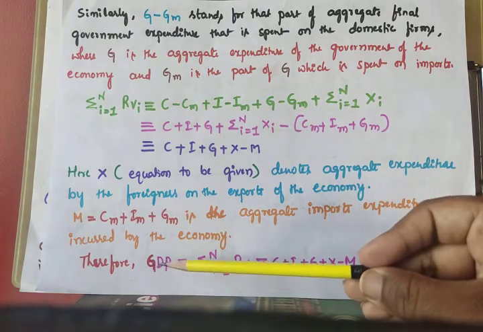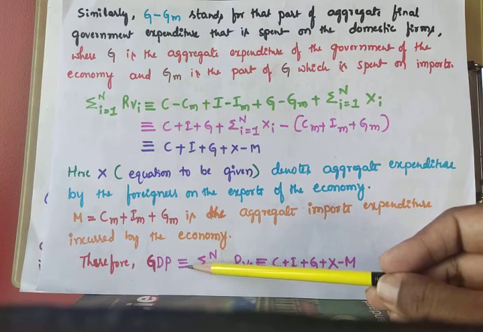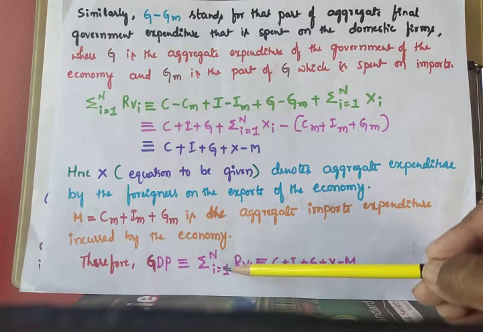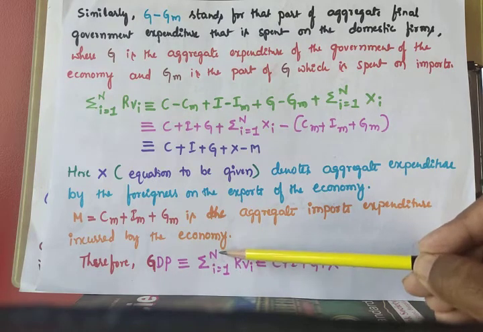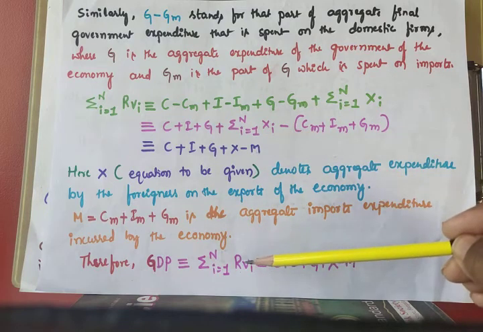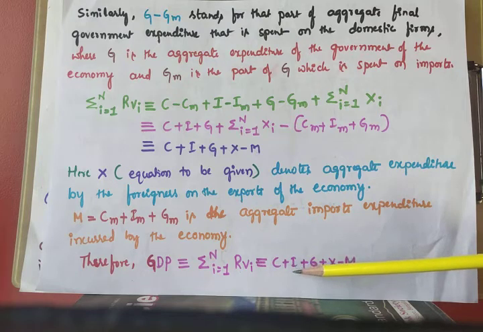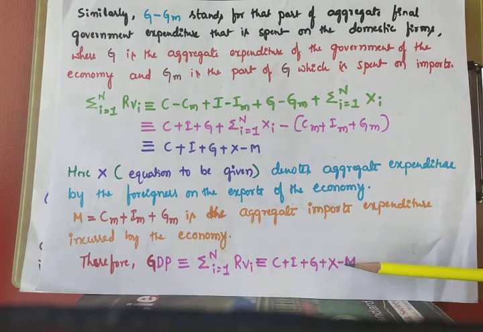Here, therefore, GDP, gross domestic product, equals sigma i equals 1 up to n, where i means firm, from 1 up to n, any number of firms, that is the revenues of each firm. We should calculate consumption expenditure, investment expenditure, government expenditure on both consumption and investment, and X minus M, that is net X. Out of exports, we should deduct the imports. Out of the expenditure on exports, we should deduct the imports. Only then can we get national income under the expenditure method.